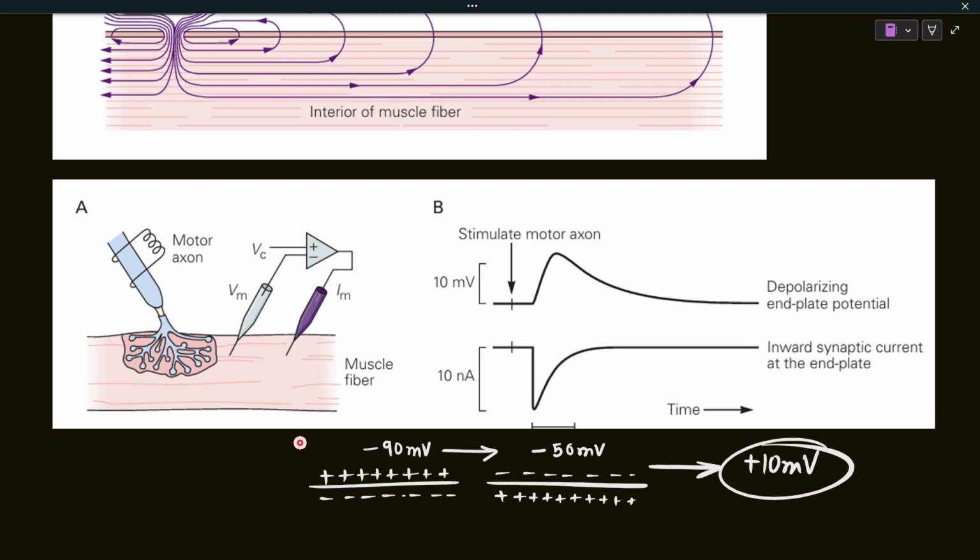So with this, I end the lecture. This was a long discussion about neuromuscular junctions. In this lecture, I have already covered the structural parts, how a neuromuscular junction looks and how the end plate potential is created. In the next lecture, we will learn about how the end plate potential, which is generated through a